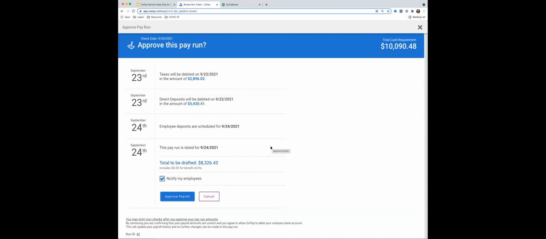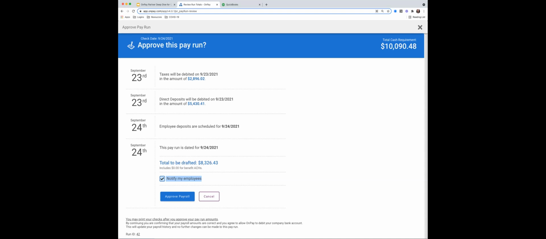And then if you recall, employees have access to their pay stubs in that nifty self-service portal. If we were to keep this box checked, that would send an automated email upon approval to employees that have an email in their profile. And the body of the email is going to say, you've been paid effective this date. Here's a link, log into your employee portal if you have access to actually view that pay stub breakdown. So just for security, rest assured, we aren't sending out actual pay stubs by email. We're just notifying them, hey, there's been some changes in your portal. Take a look at the pay stub in your portal.